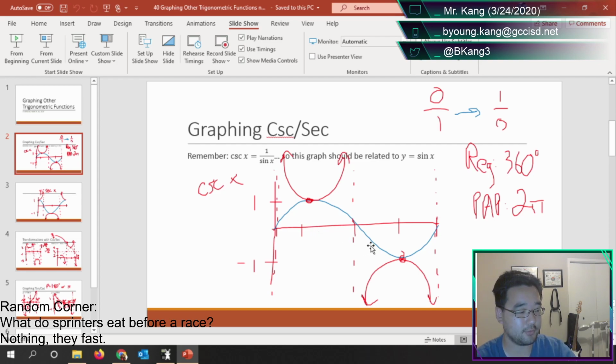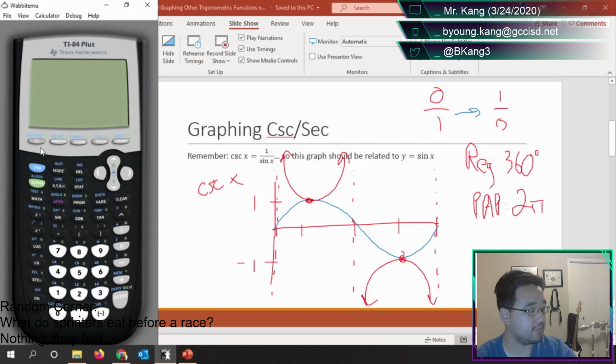If you get comfortable enough with the material, you don't need that original sine graph. And you can verify this by looking at your calculator. You don't have a cosecant button, but if you just try to draw 1 divided by sine, and remember to zoom trig, then we're graphing the right half of this from 0 to 2 pi, 0 to 360. So you see how you don't need that little middle part if you don't want it.